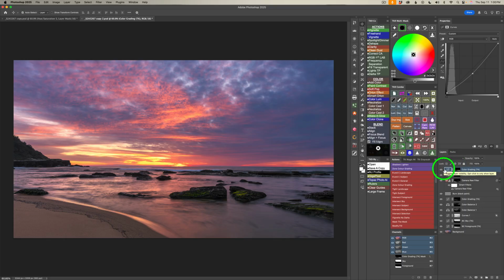Let's see it before and after. I'll shut off this layer. Here's before and here's after. Yeah, I really like that result. Let's go ahead and add a